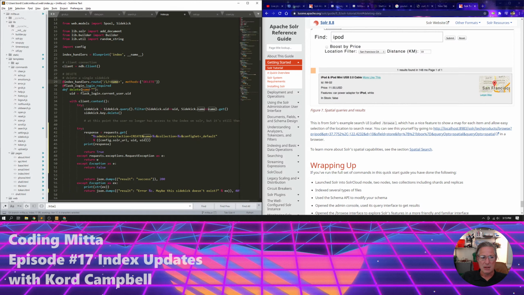So we've got the name and the user ID. Using the user ID in here allows us to take the token that they're passing us because of this Flask login required decorator. We're able to determine who the user is at this point and authenticate them, and then only let them operate on an entity that they own. In this case, the Sidekick query to the data store requires that we pass in the user ID, which is then populated by the system using the decorator. But it's done by Flask login. That comes in through